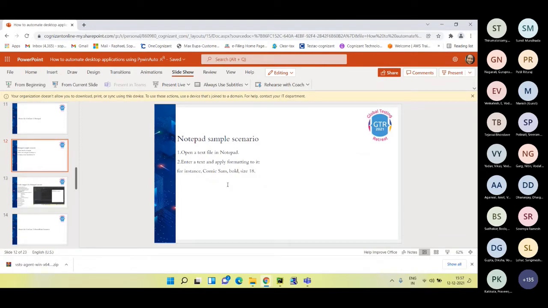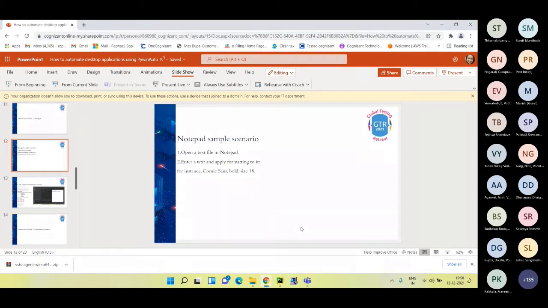Let's say I'm applying a font style of Comic Sans, the type is bold, and the size is 18. Whoever wants to follow what I am doing, hopefully you have Python 3.7, which I would suggest, and PyWinAuto installed in your system.